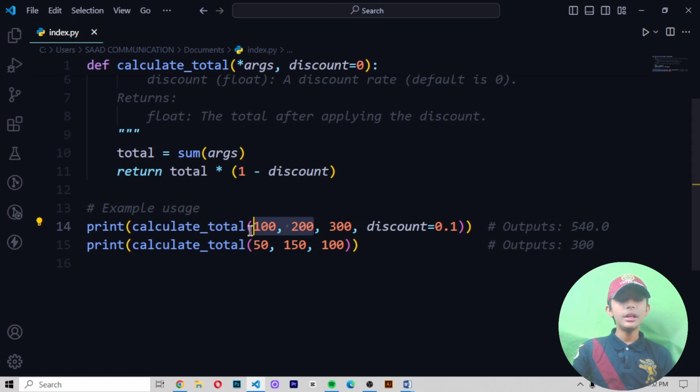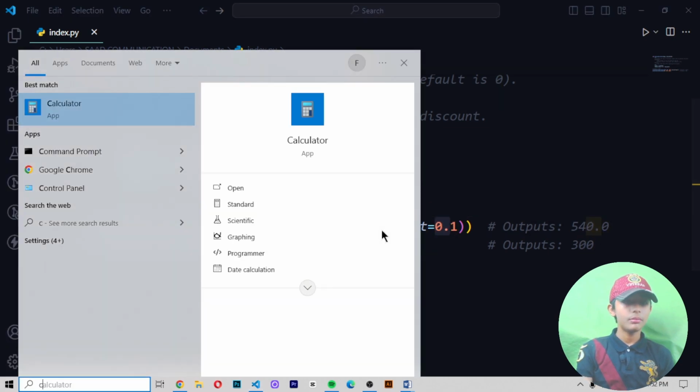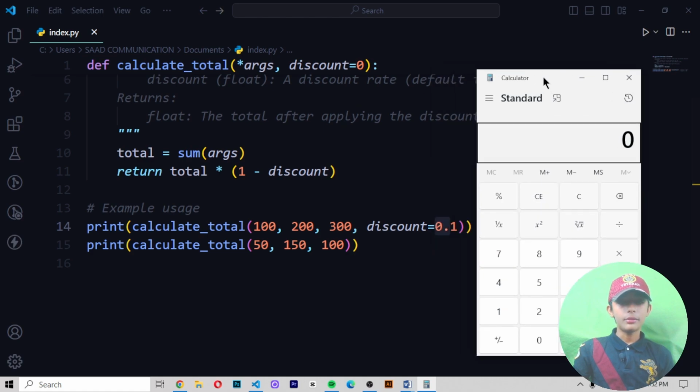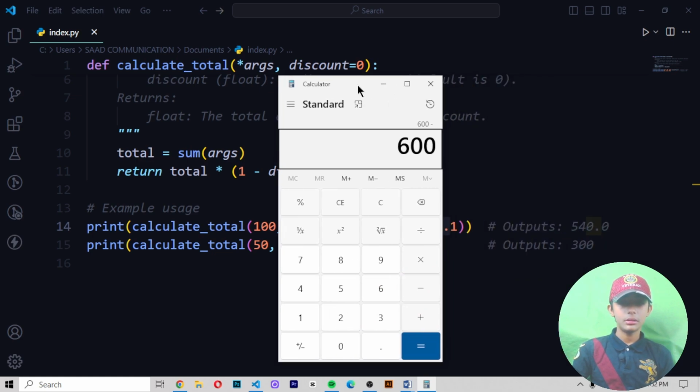So in the 700, when we subtract the 0.1 discount, the output will become 540.0. Let me show you. In the 600, when you multiply by 0.1, the output will be 60, and in the 600 when we subtract that, we get 540. So the output will become 540.